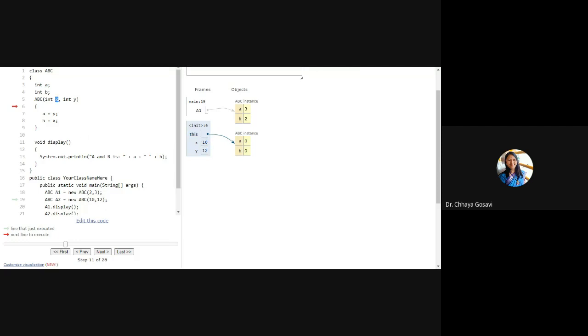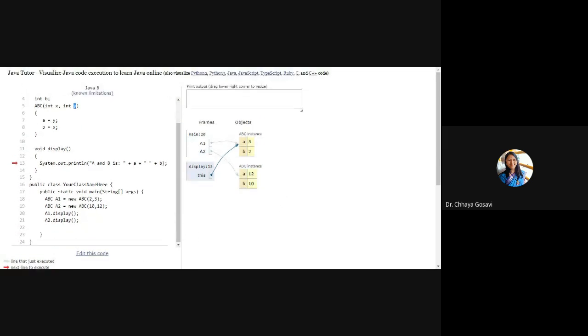Again, these are formal parameters, and it will assign values to A and B. Now this A and B is for A2.A and A2.B. So these values are of A1 and A2. A1 has values 3, 2, and A2 has values 12 and 10, because here I assigned A is equal to Y. That's why it is 12 and 10.